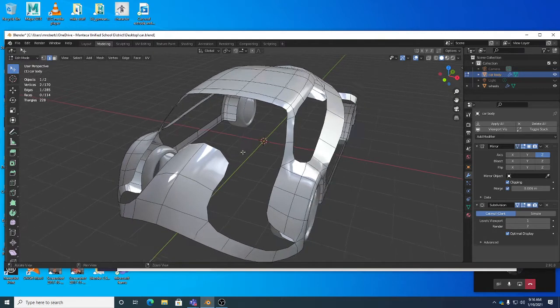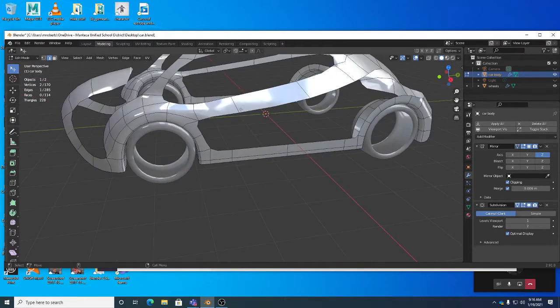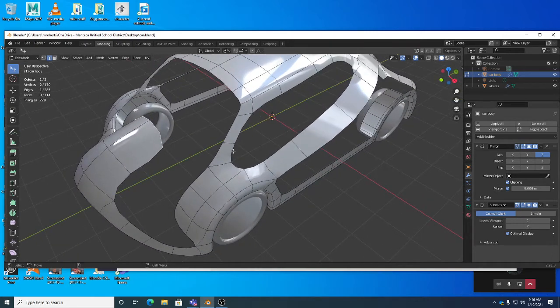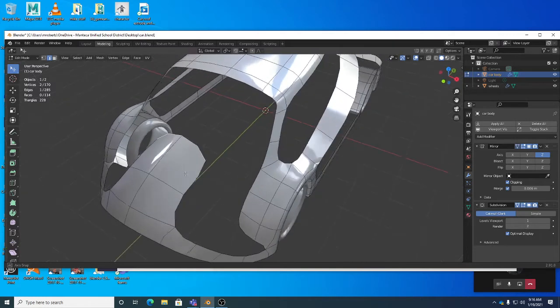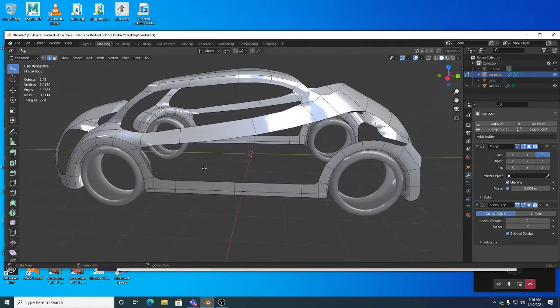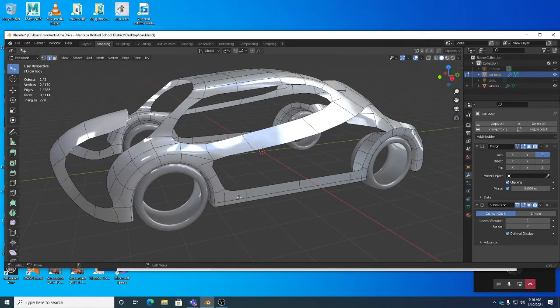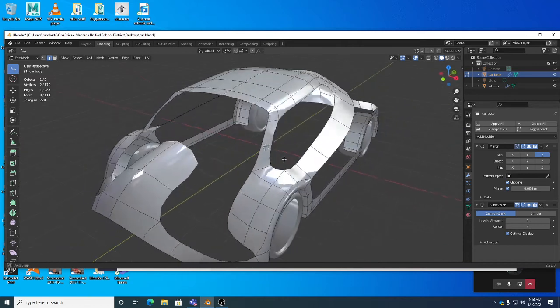So right here, we're eventually going to start to break this car up into parts, right? Like our door should be separate, our hood should be separate. But right now, we want them to be kind of seamless so that they line up seamlessly when we break them up later on, right? So right now, we do want this to be all one big piece that's solid. So that way, later on, when we start to separate these parts off, they'll line up well. Otherwise, you have to do a lot of manual lining up, snapping,